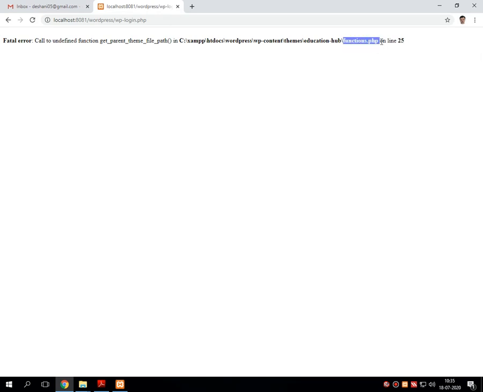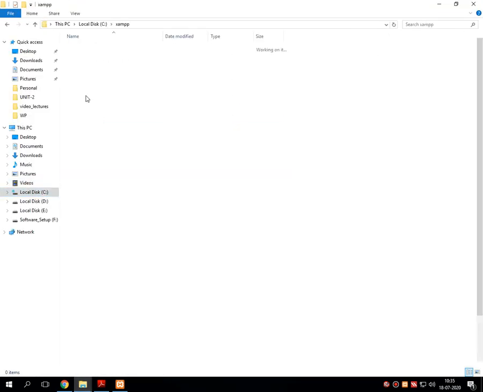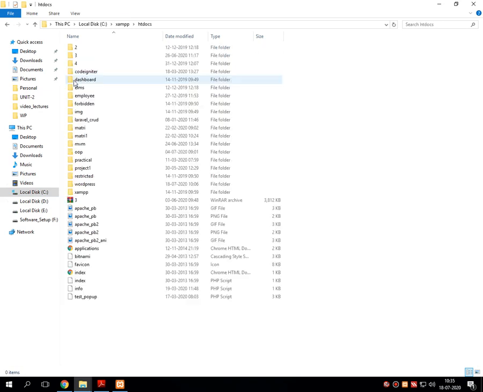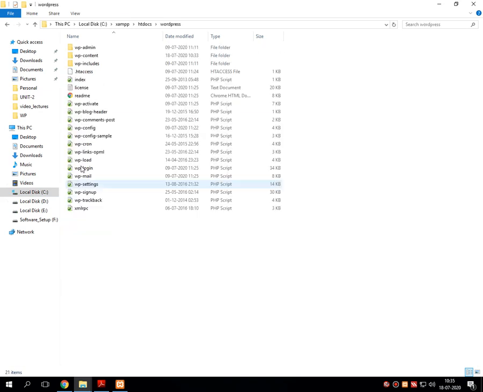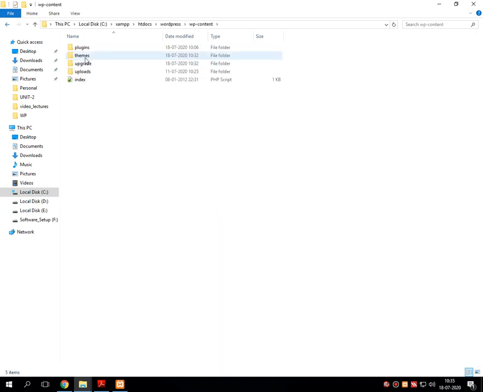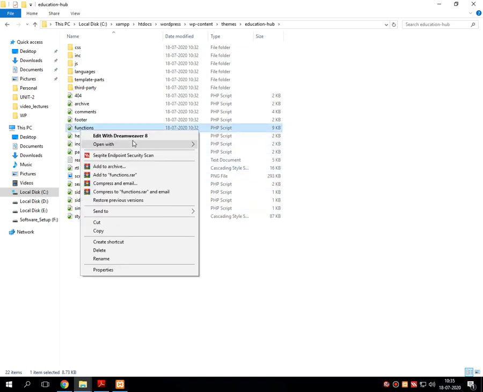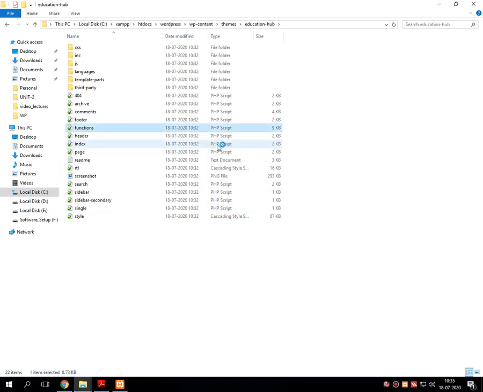What happens for function.php at line number 25? Let's see. C drive, XAMPP, htdocs, WordPress, content, theme, education hub, then function.php. I'm opening it in Dreamweaver.